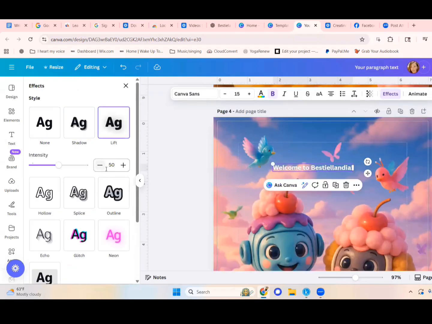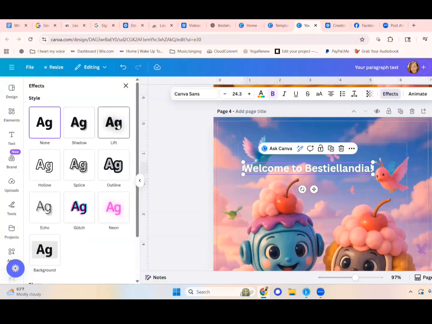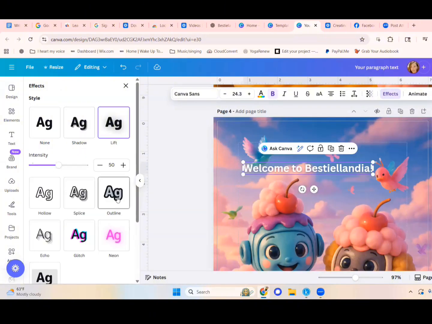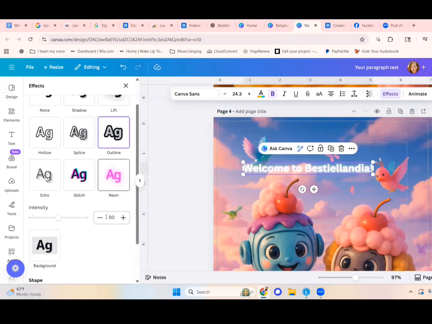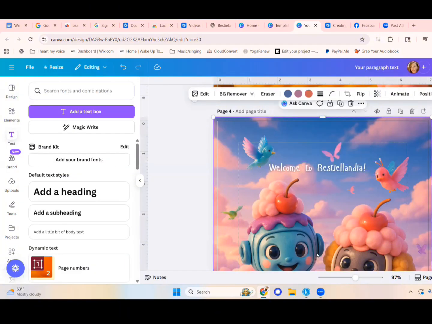You can see this kind of just put like... See the difference? Makes it stand out a little more. Or there's outline, neon. The only thing is that for kids' books, you want to ask ChatGPT or Gemini what the standard size font is. Also, I didn't know this, but certain fonts are not free to use. And certain fonts are better for kids. Yeah, certain fonts are more kid friendly. So let's just, for example, we'll go to, I don't know, like that.